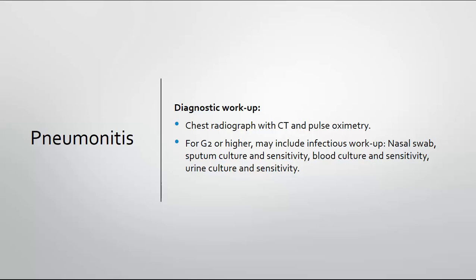How do we approach this? What is the diagnostic workup that you need to go through? As I mentioned, you start with a CT scan. Pulse oximetry might show you evidence of hypoxemia. Now, there are no strict guidelines about how to approach it. There are some recommendations, and they came out in CHEST 2020. I will include all of that for you. But whenever you have grade 2 or higher, consider doing an infectious workup to rule out underlying infection, because this is the main thing that you're going to be seeing as a differential diagnosis for this patient. Also, it's very important because the treatment of